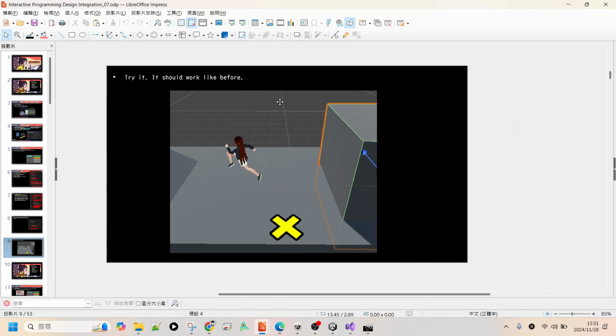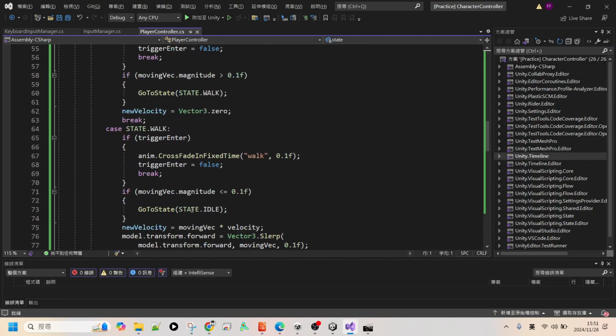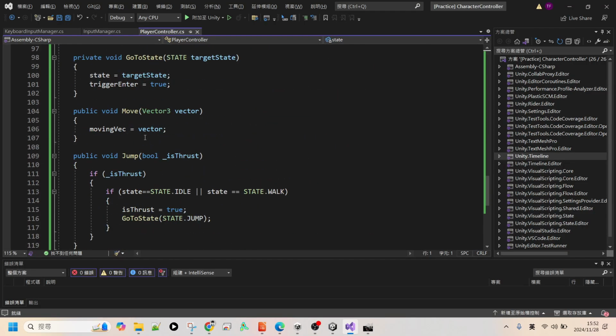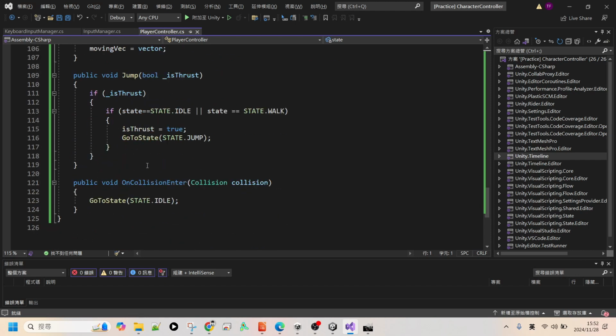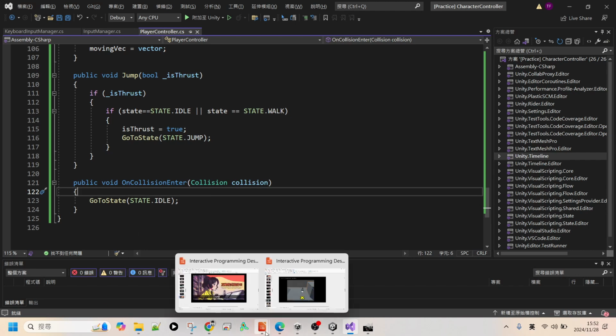So next time in your collision enter, you can check the tag first. You can check the tag over here. If it has the tag of ground, then we're going to transit to idle. But this is an advanced feature. We are not going to do it right now. So